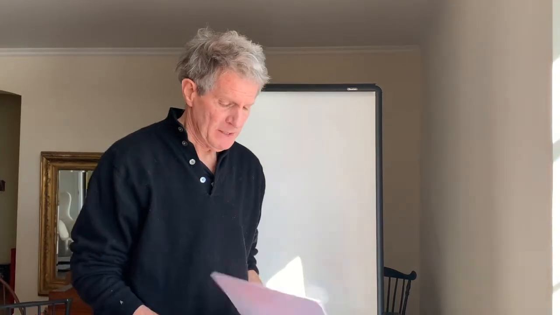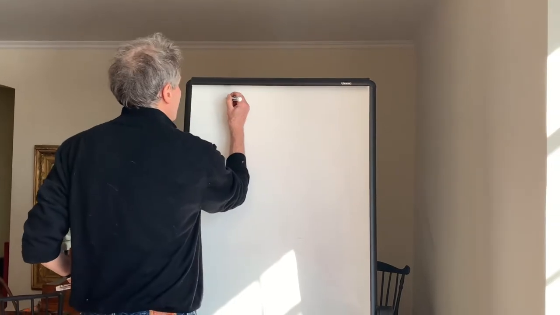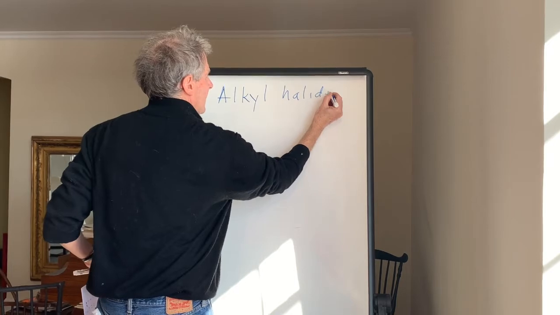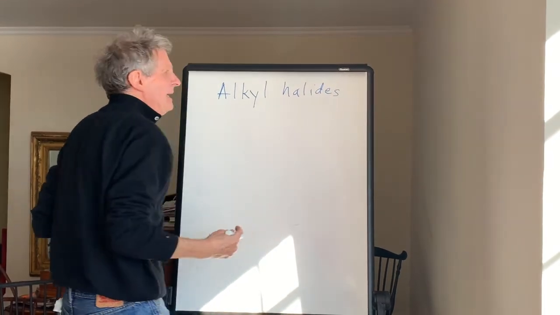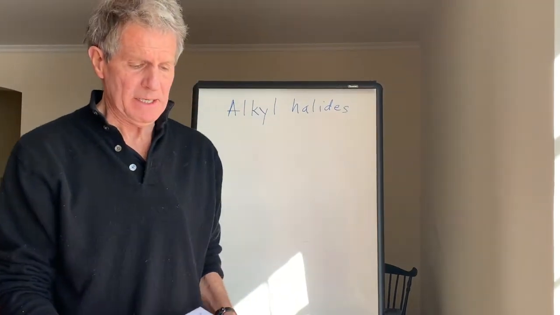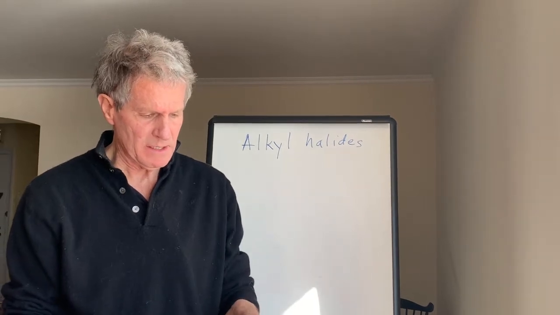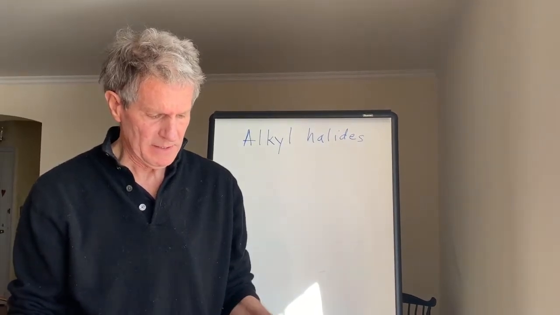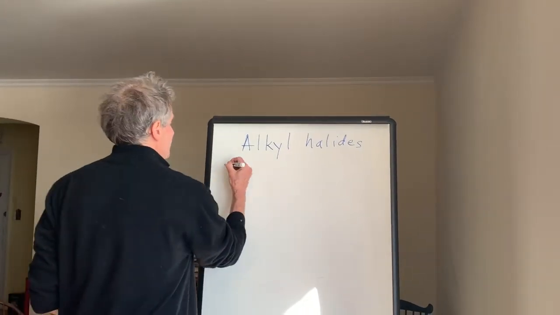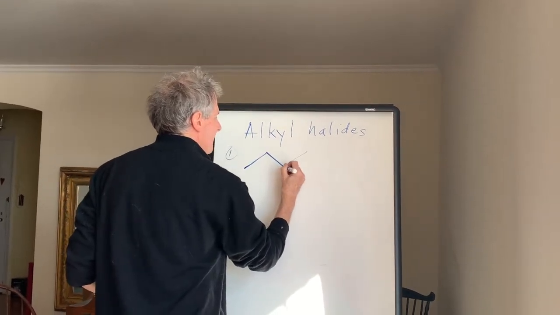So here we go. This subject is chapter 7 in Smith, called Alkyl Halides. The alkyl halides are any compound where a halogen has replaced a hydrogen. I want to make clear to you the significance of this. So the first thing is the structures. It's any compound of this sort